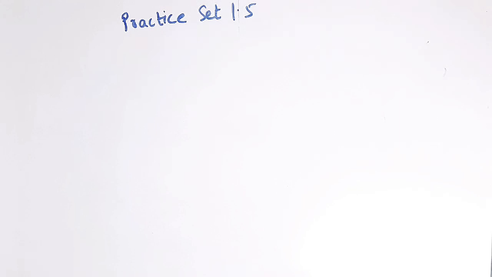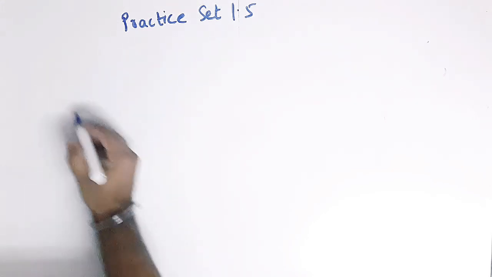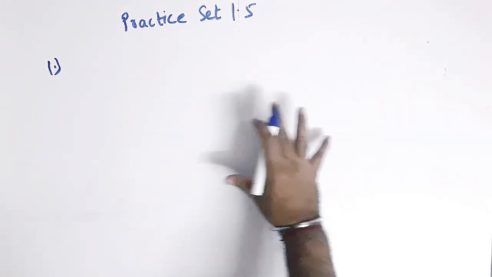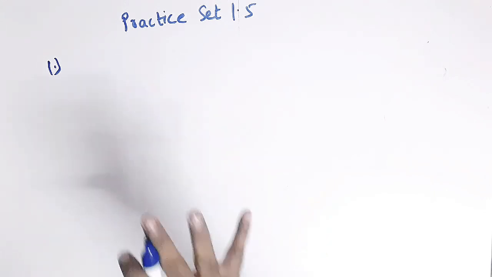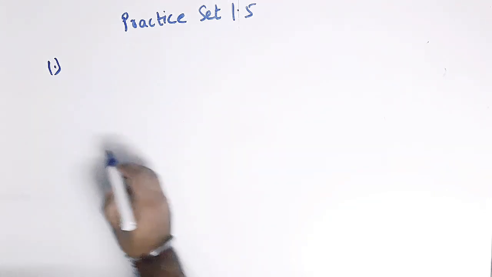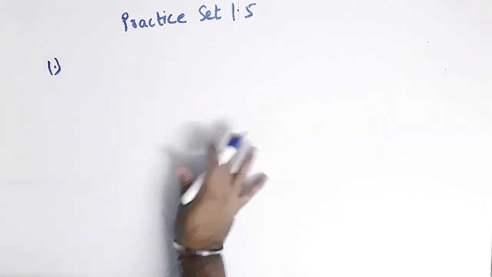Hello everyone, so we'll be starting with practice set 1.5 today, standard 10th algebra, and the first one says that two numbers differ by 3. Now here children, I'll not be showing you how to write the statements. The presentation part I will be skipping. I'll be straight away forming the equation. See how. There are two numbers which differ by 3, means their difference is 3.